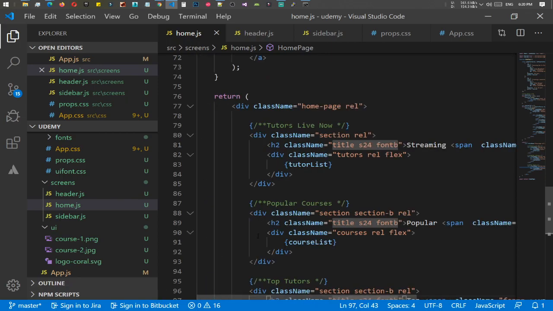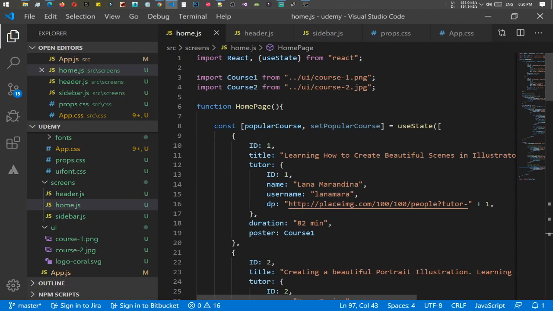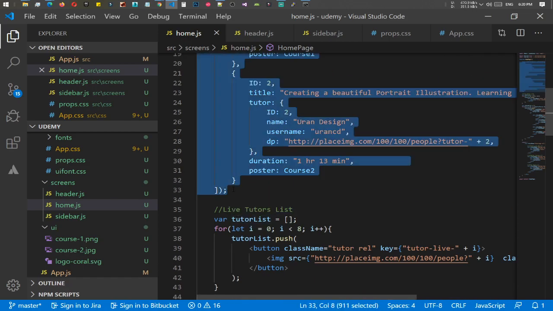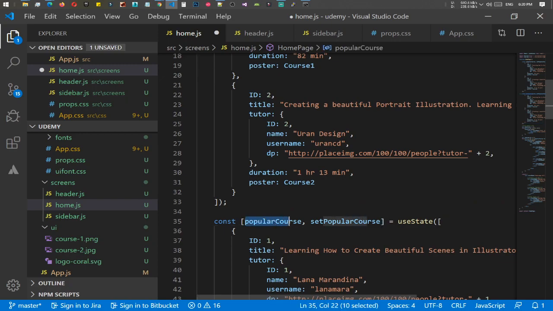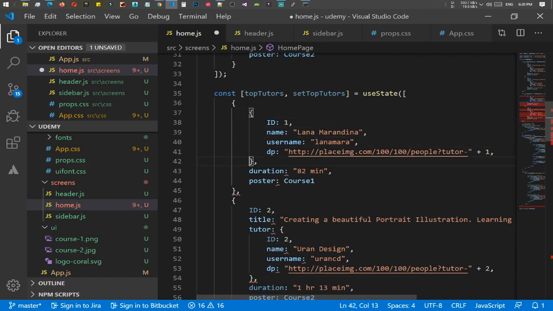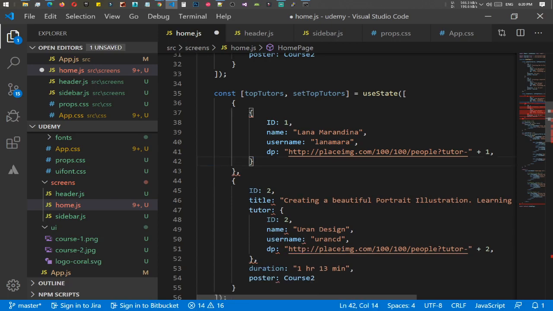And for top tutors we need to create it quickly, and we need to add this one as well. For top tutors, set top tutors, and now we have this one. And for image should be tutor 1, and we need to add